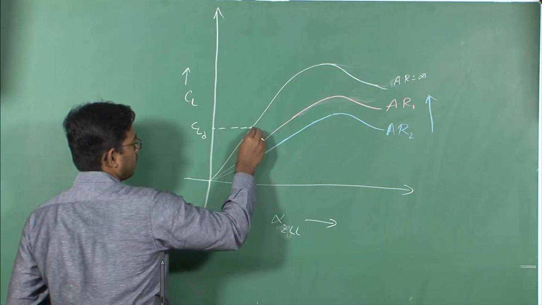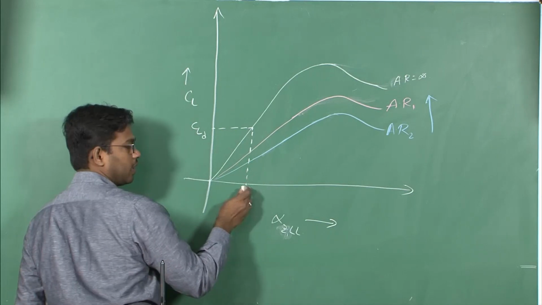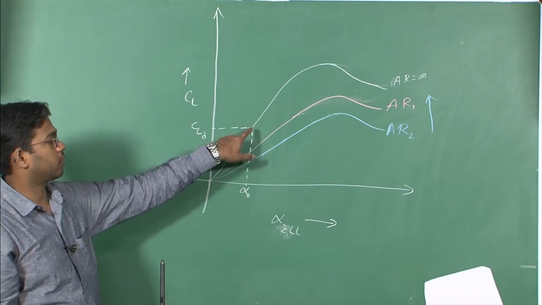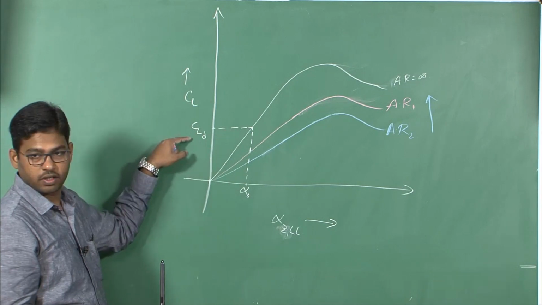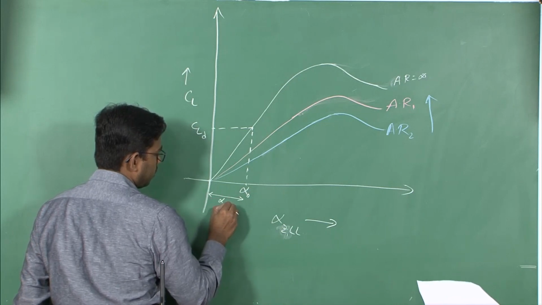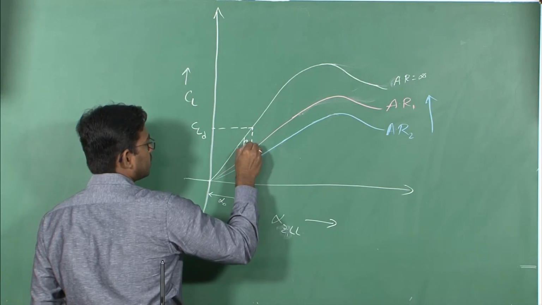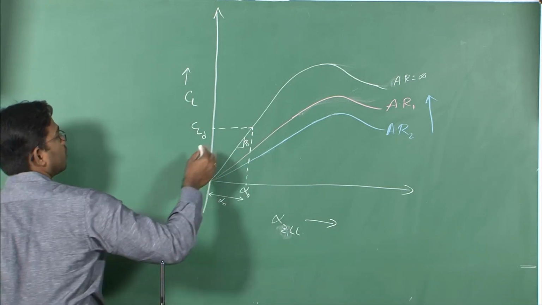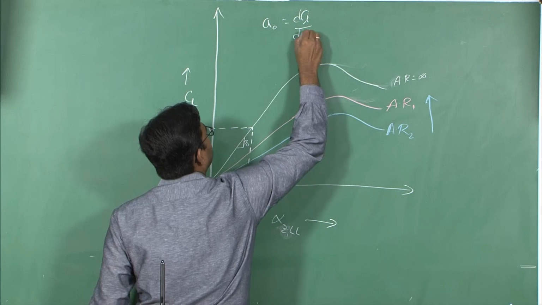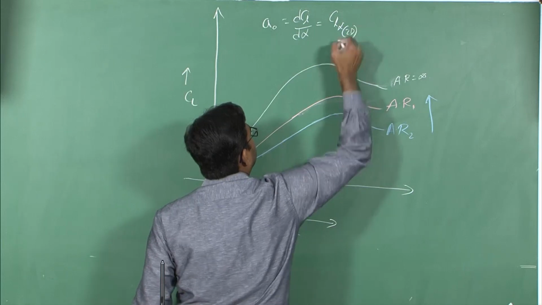So for this particular curve, say I require this angle of attack, which is alpha naught. So alpha naught represents the angle of attack required by this aerofoil to achieve this particular CL, right. Now let A naught be the slope of the CL alpha curve for this aerofoil, where A naught is equal to dCl by d alpha of the aerofoil, that is Cl alpha, which is 2D.